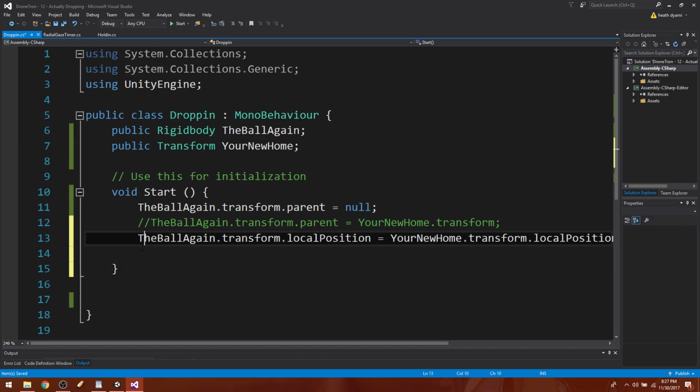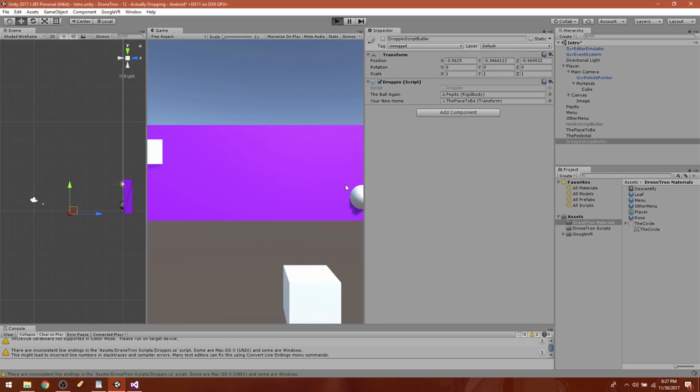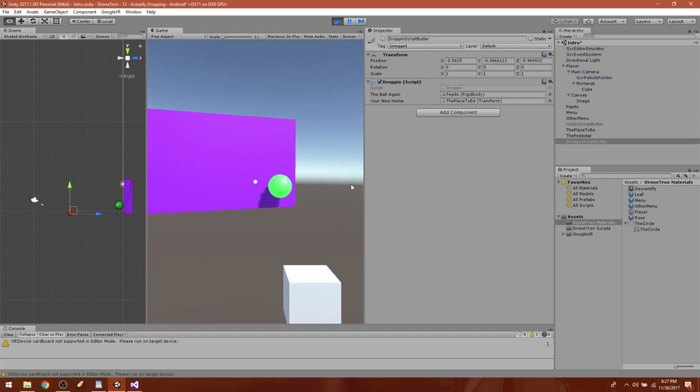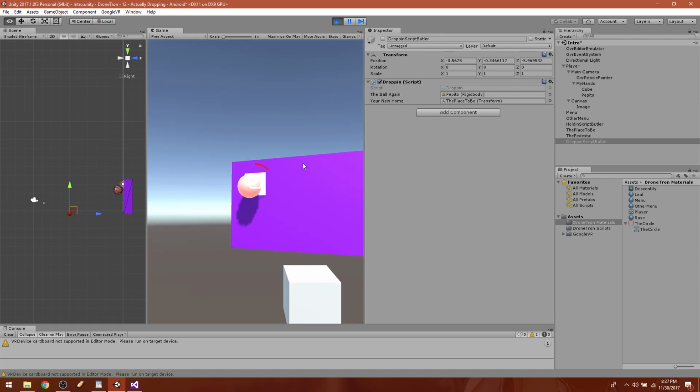And add one more line. The ball again dot use gravity equals true, and save. Play. Grab the ball, held in my Minecraft hand, looking over here, and